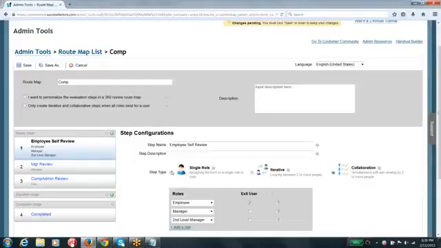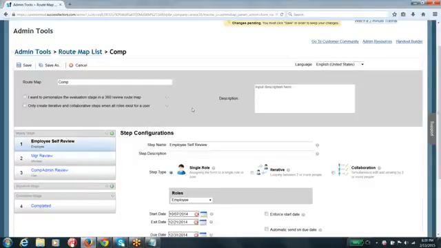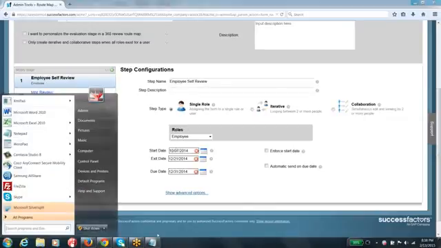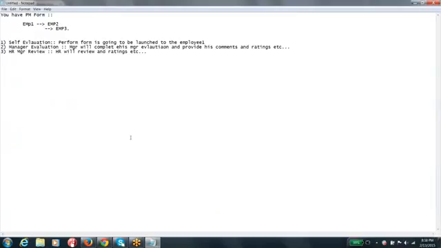And the other options that you see in a single step are very important options, guys. Say an administrator might be launching the form, let me take an example here. Say your performance cycle starts on 1st Jan 2015 and is supposed to end on 31st December 2015.